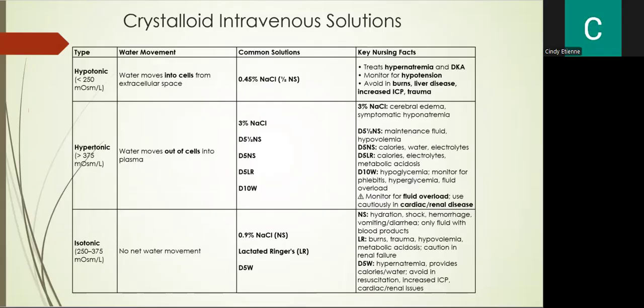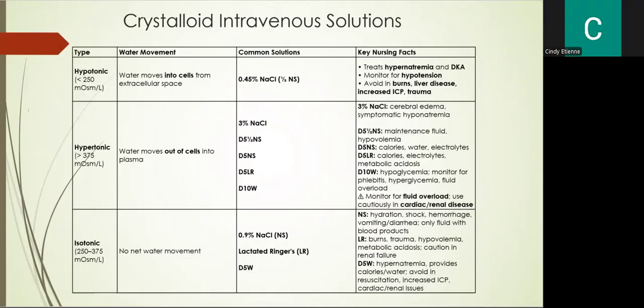Now let's apply what we learned about osmosis to the IV fluids you will often use as a nurse. So crystalloid solutions are grouped into three categories based on tonicity: hypotonic, hypertonic, and isotonic. The easiest way to remember them is to ask yourself, which way does the water move? Let's start with hypotonic fluids, such as